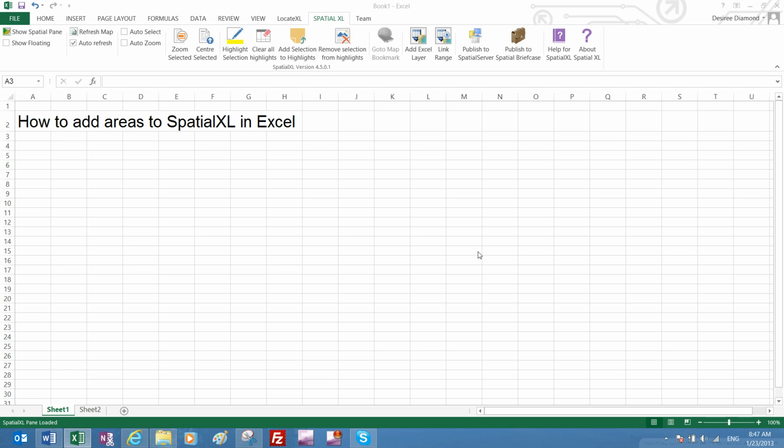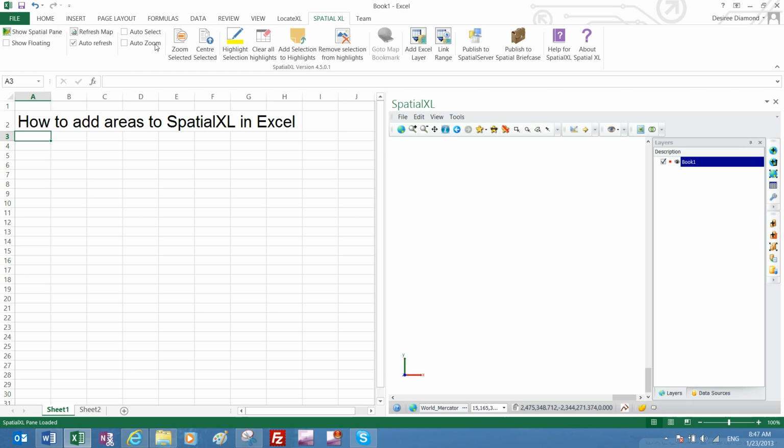This is a training video for SpatialXL showing how to add areas to SpatialXL in Excel. I've installed SpatialXL in my workbook, and as you can see, here's my tab and the ribbon with my SpatialXL functionality. The first thing I'm going to do is show spatial pane, and this opens up my graphics area inside Excel. The example of areas I'm going to use in this demonstration is the subplaces of South Africa, which is